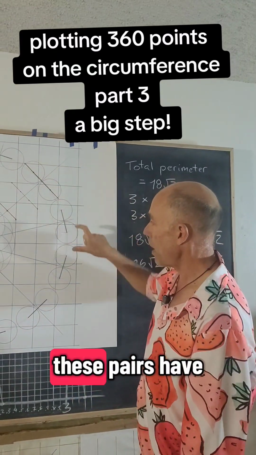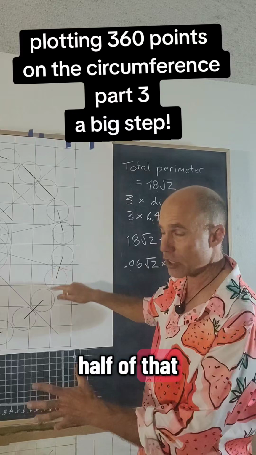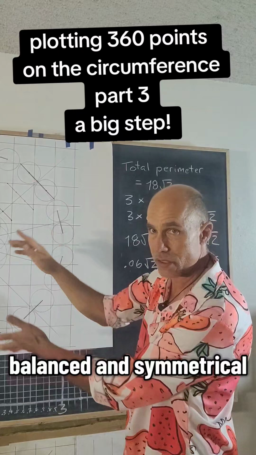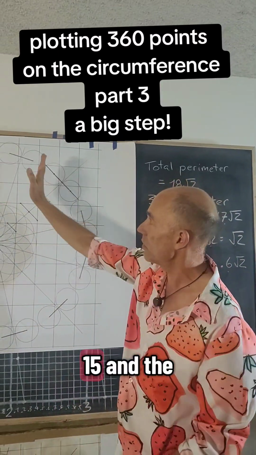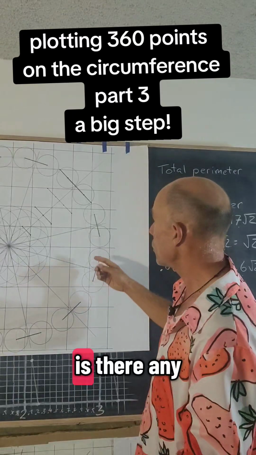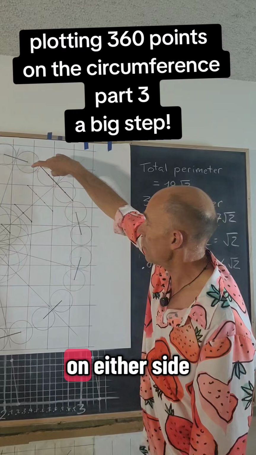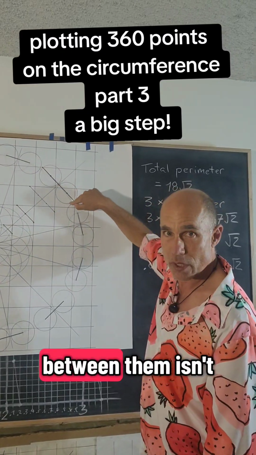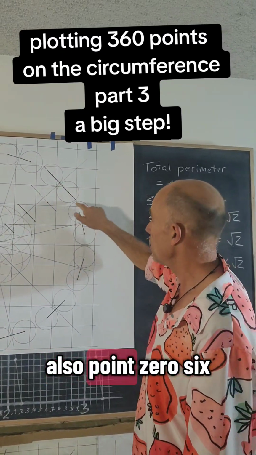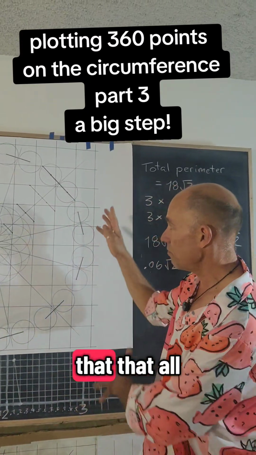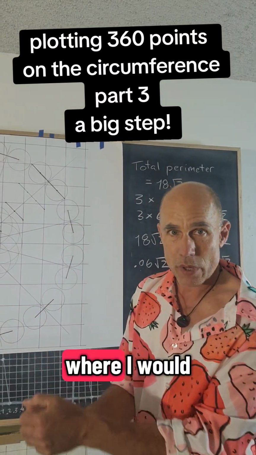So all of these pairs have half of that space between them. And so given that everything is balanced and symmetrical, with us on the 15 and the 75-degree lines, is there any way, when we connect the center points of these pairs on either side, that the space between them isn't also 0.06 root 2? Okay, I would say that all lines up,